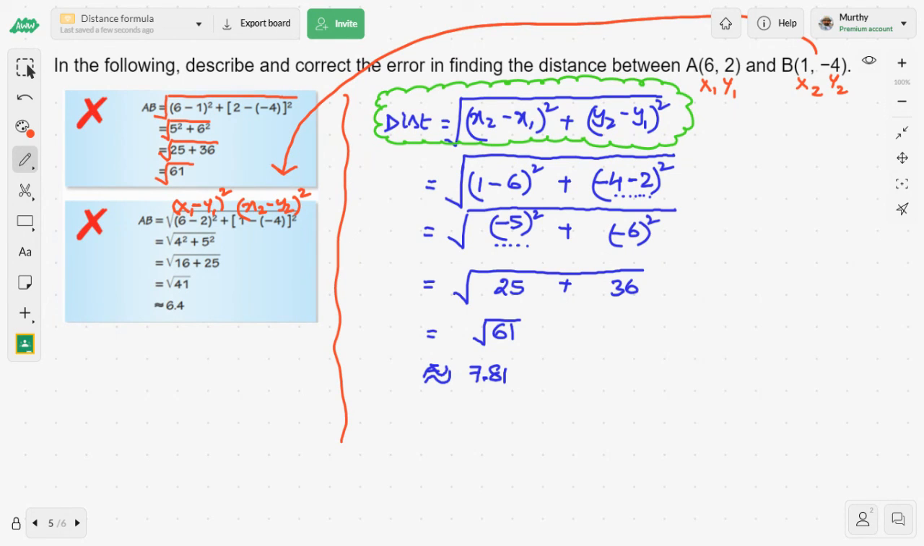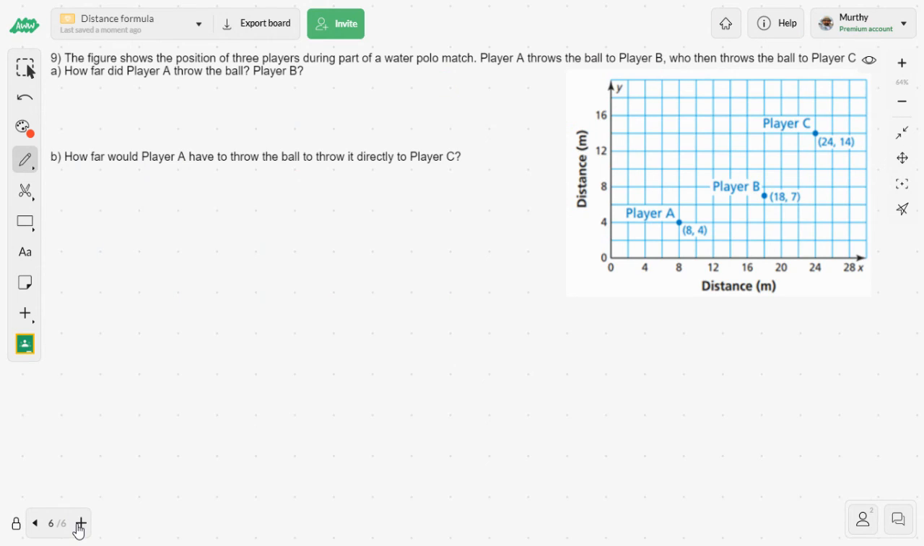Again, I recommend you to write the formula so that you can avoid a lot of mistakes. So let's go to the next question. The figure shows the position of three players during part of a water polo match. Player A throws the ball to player B, who then throws the ball to player C. How far did player A throw? Okay, so player A is here. And how far did player A throw to player